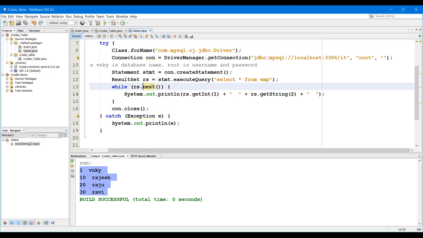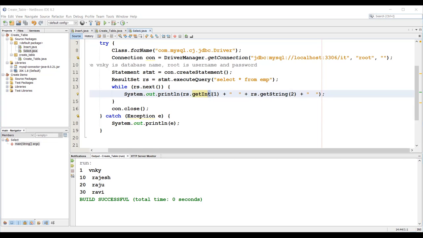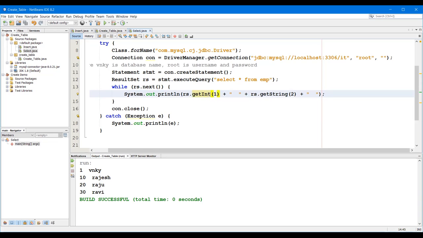So when the cursor starts, with rs.get we want to get the first column detail. What is the data type of that first column? Int.